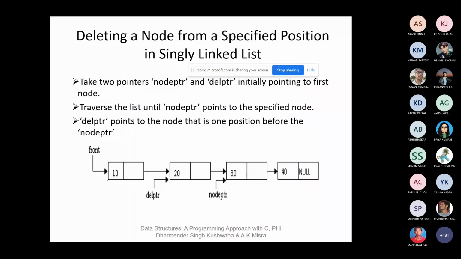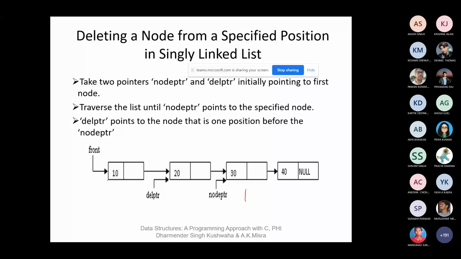Deleting a node from a specified position. In between the list, you want to delete the element. अभी क्या था, सिर्फ बिगनिंग से किया था.